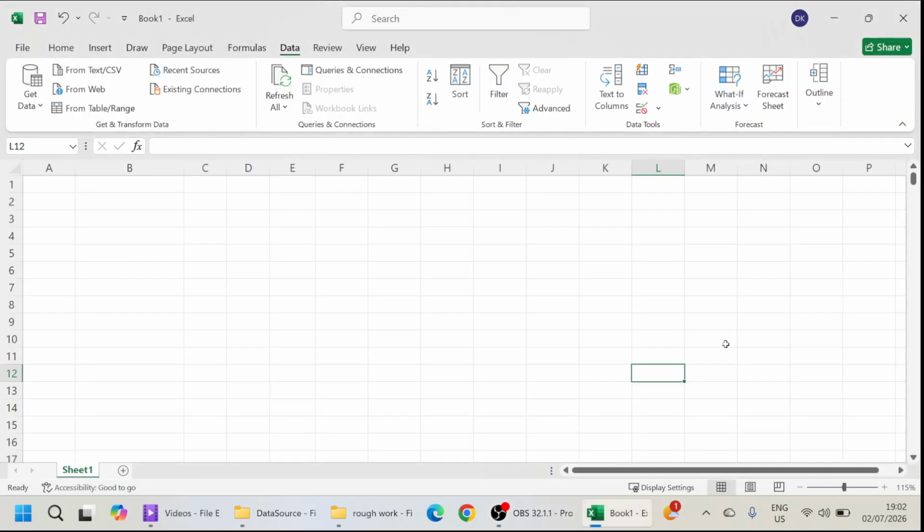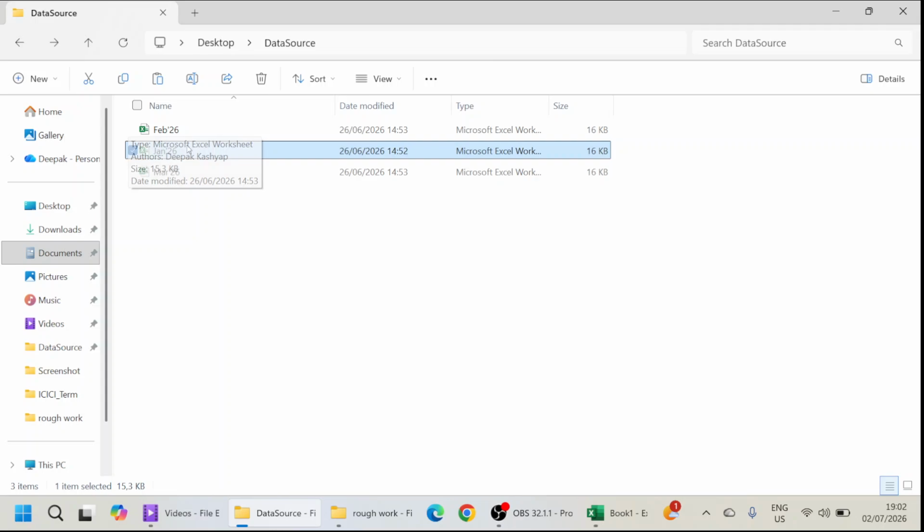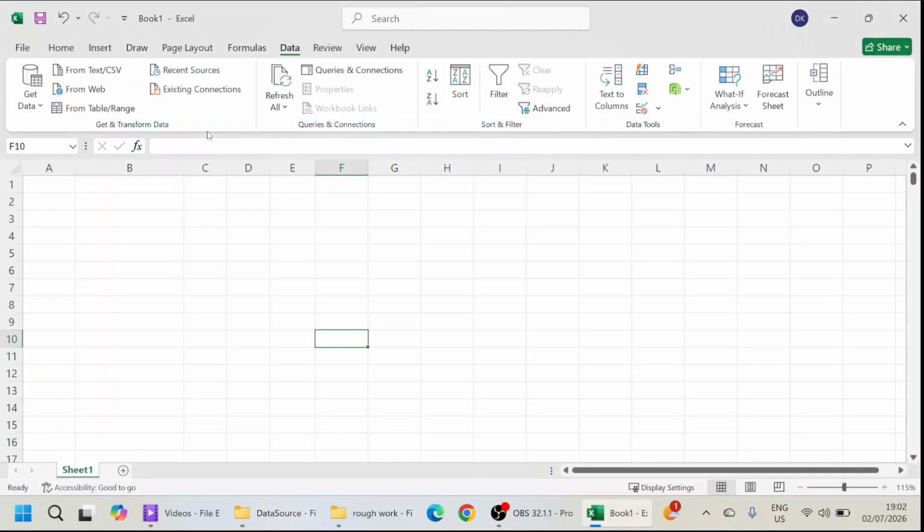Today we are going to see how we combine data from multiple Excel files, and at the same time we'll automate this for the future, so that with one click we can do the same thing over and over as new data comes in. Let me show you my sample files. There are three Excel files, Jan, Feb, and March, in the data source folder, and each file has more or less similar data